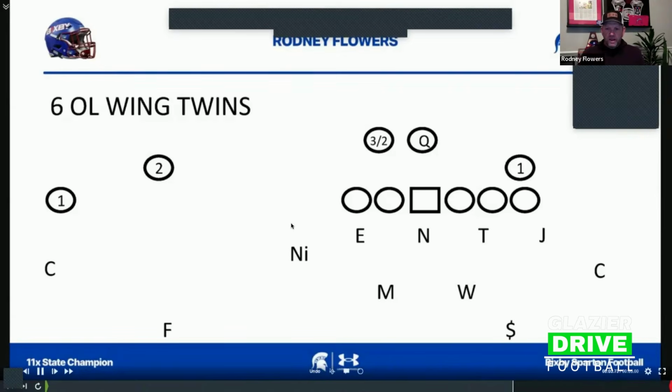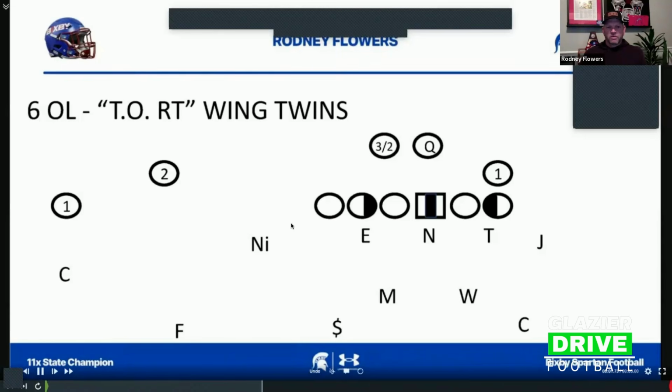Here is a wing twins look, and this is one we're getting a lot of out of this look. We will give them the same looks. We'll play our tight front out of it, and then they'll also tackle over and give us a slot look off this. And so right now you've got 6 ineligible numbers